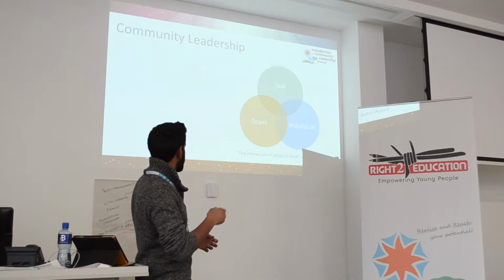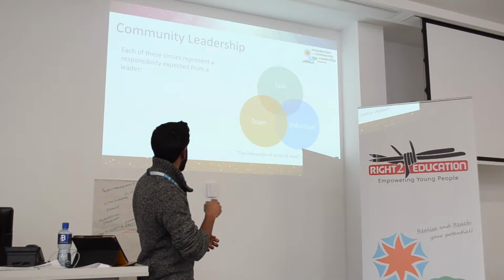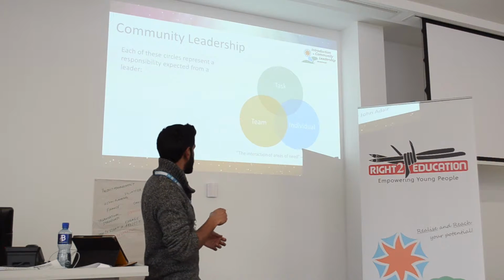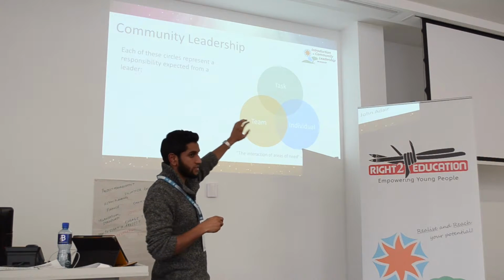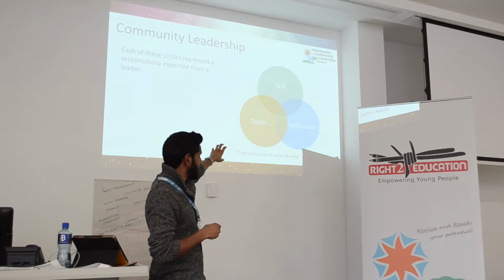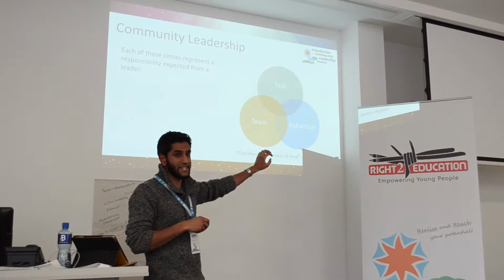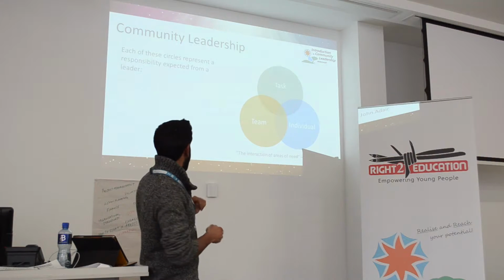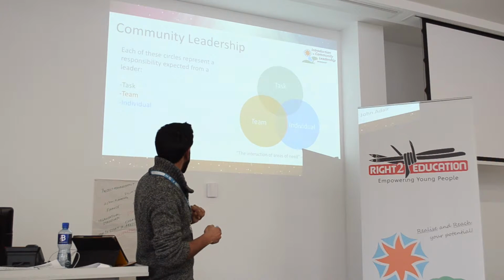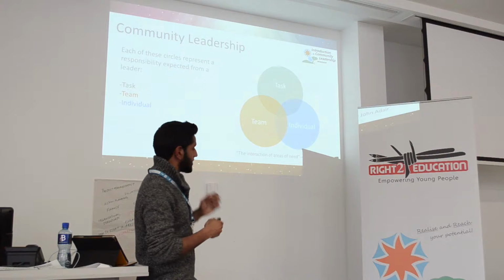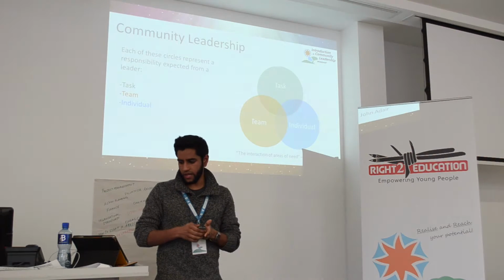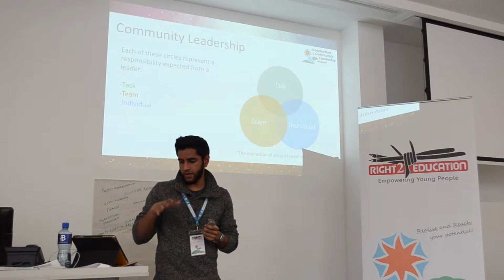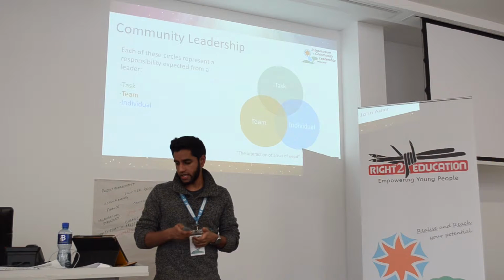So let's get some more text here. Each of these circles represents the responsibility expected from a leader. A leader is expected to focus on the task, they're expected to focus on the team, and they're also expected to focus on the individual. Okay? So that's task, team, and individual. Let's just move on. Like I said, it's easier to explain when you take things away. So let's go to the next slide, which